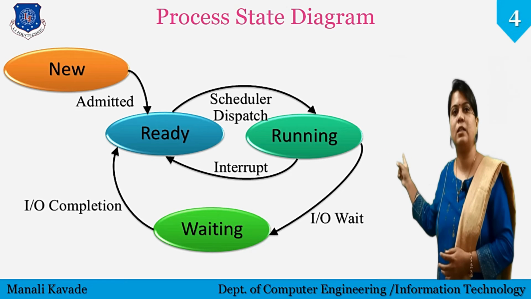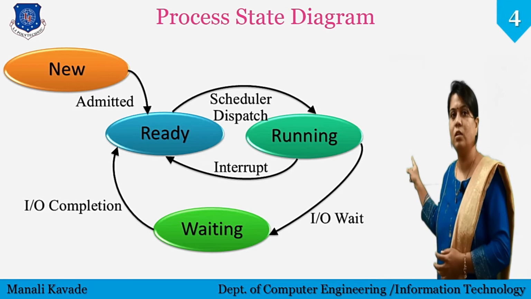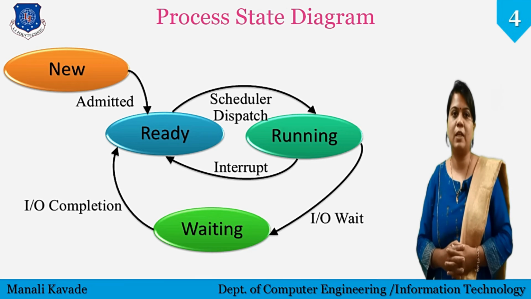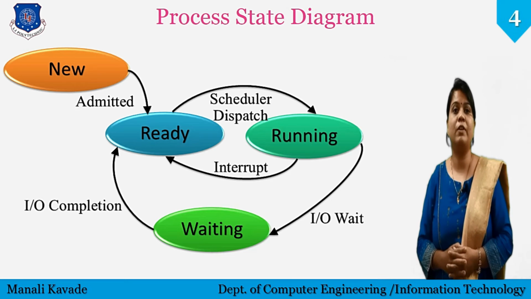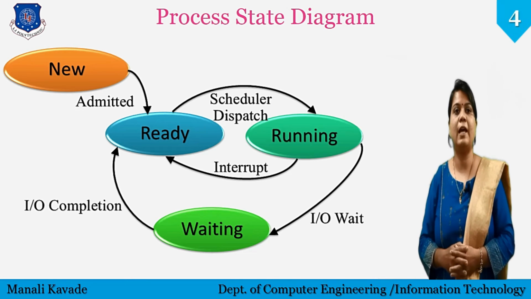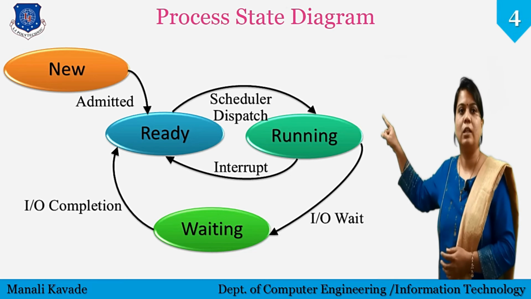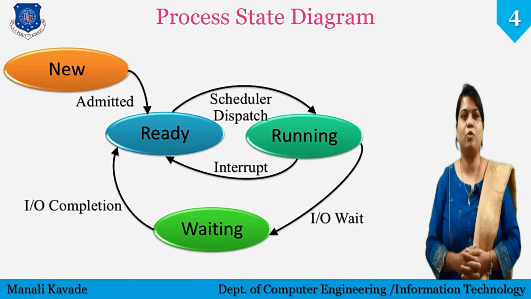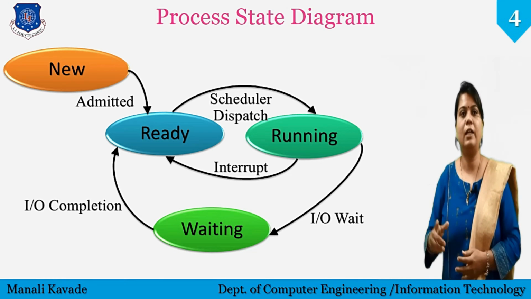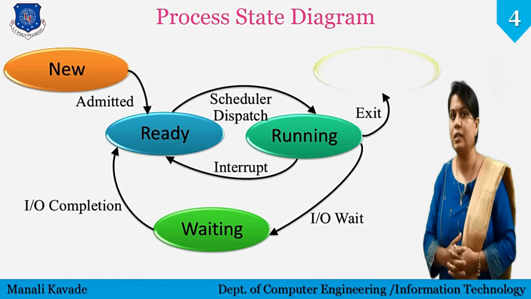So it will first enter into the ready state, and then after it will go into the running state. This means whenever any process enters into the waiting state, it cannot directly go into the running state. It has to go into ready state first and then into running state. Once the task of a process is completed, it enters into the last state, that is the terminated state.